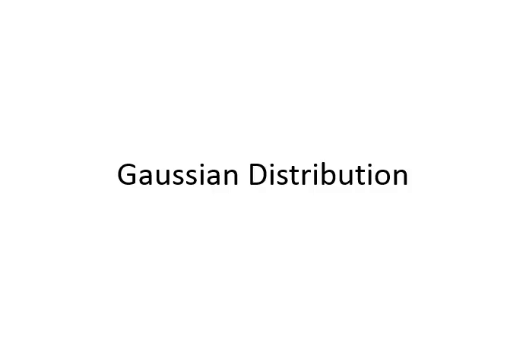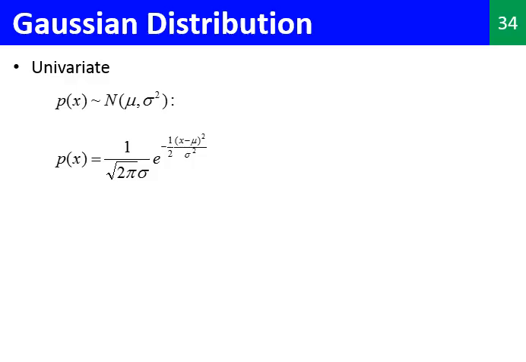The final topic we will look at is the Gaussian distribution. In probability theory, a normal or Gaussian distribution is a type of continuous probability distribution for a real valued random variable, and it is given by this equation. Here x is actually a scalar. The parameter mu is the mean or the expectation of the distribution, while sigma squared is the variance of the